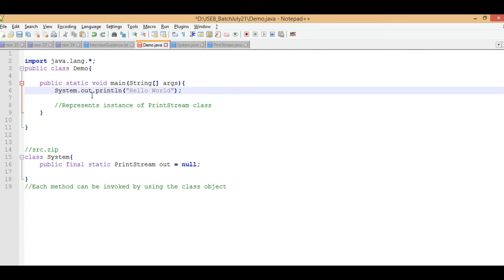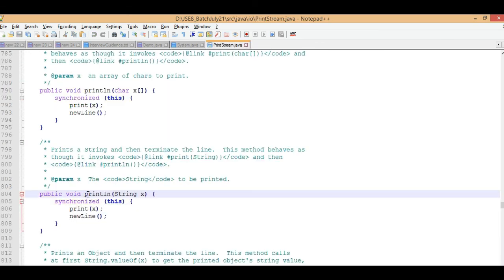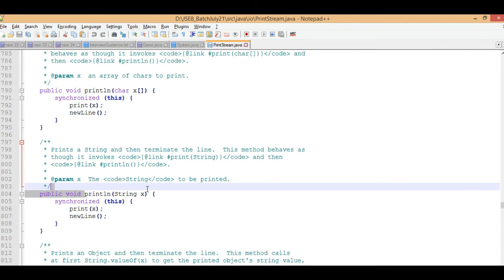System is a class which has out, a variable of PrintStream type, and that is static. So System.out represents an instance, an object, of the PrintStream class. println is a method, and each method can be invoked using the object itself.